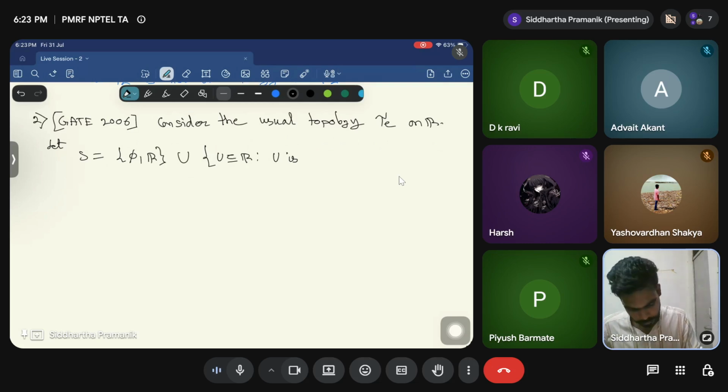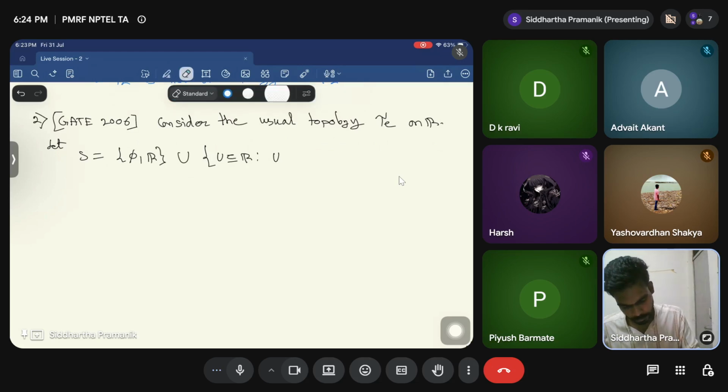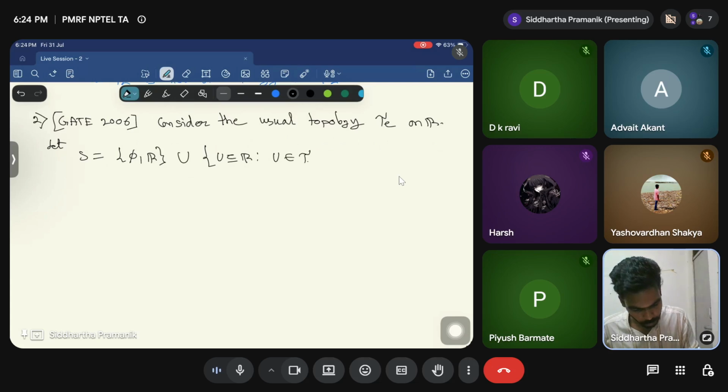So S is all those subsets U such that U belongs to tau E and U is bounded. So from real analysis we know when a subset of R is bounded. So it is in that sense. And T is